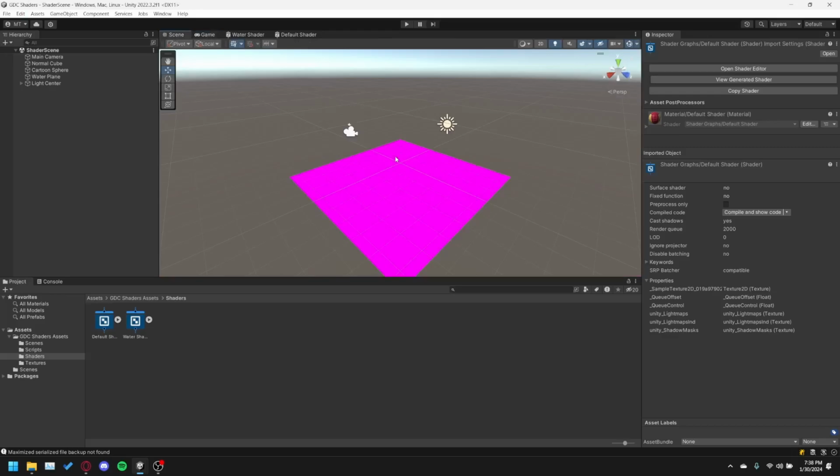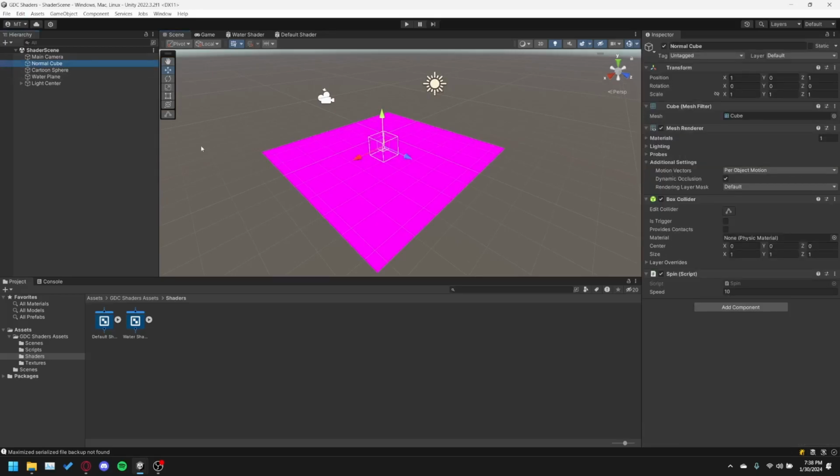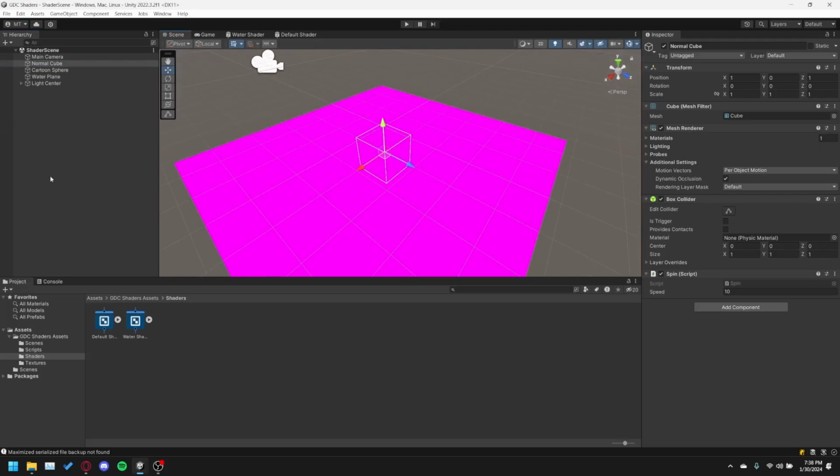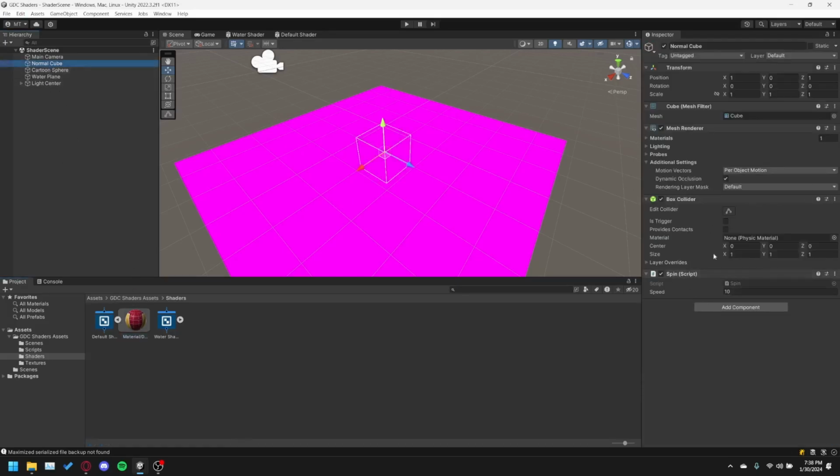So now that we've done that, let's go to our scene view where it's all pink, and let's click on the normal cube. You can click on that in the hierarchy if you can't find it, since everything is the same color. Then in your project window, you can see these two shaders we've made. There are little arrows next to them, and that'll expand, and you can see this material, this sphere. Take this sphere, and after you've clicked on the cube,